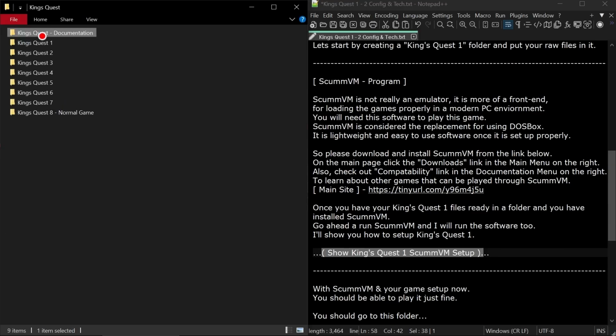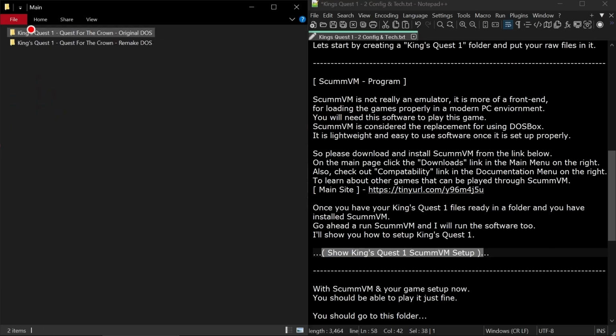files I'll link in the description. I think of the first gameplay video is where I link these, and these here will all be referencing the games that run through ScummVM. So this would be the King's Quest I. It's not a mod, it's a main game version, and this is the original one, and this is my remake